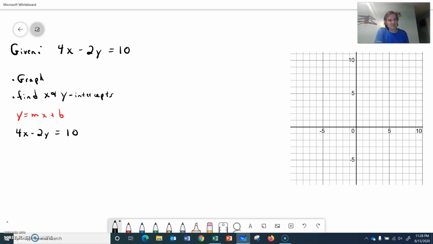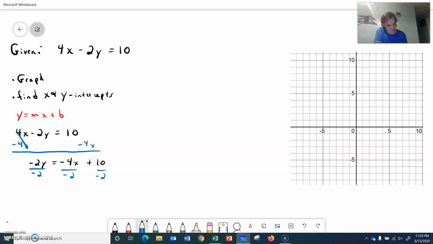So 4x minus 2y equals 10. Probably what I need to do is get the y by itself, like a formula, so I can subtract 4x from both sides. So that gives me negative 2y equals negative 4x plus 10. And then I'm going to divide everything by that negative 2 to eventually get the y completely by itself. So in doing that, eventually my y equals mx plus b form will be y equals 2x minus 5, which